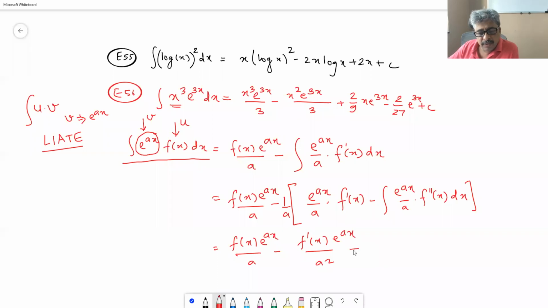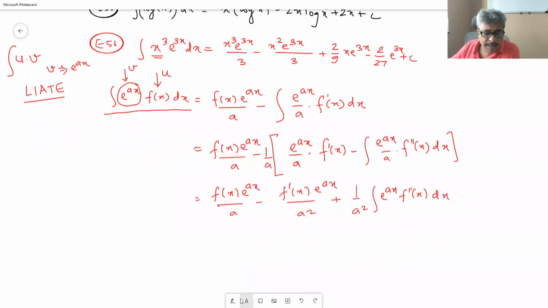And then you are left with 1 plus 1 upon a square integral e raised to ax f double dash of x dx. Now if you apply integration by parts once again, you know the pattern now, and therefore the answer is going to be